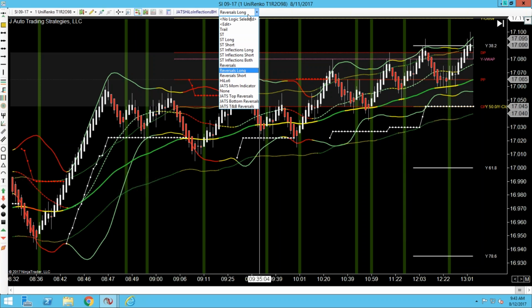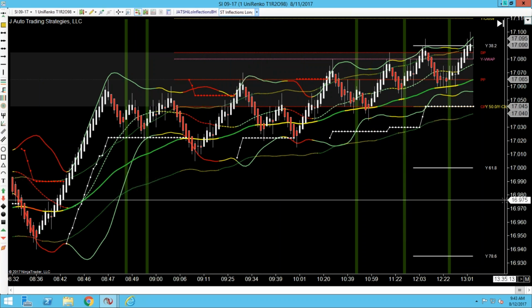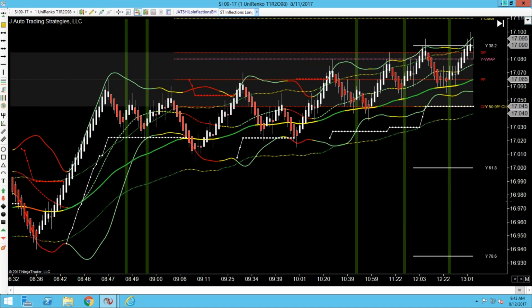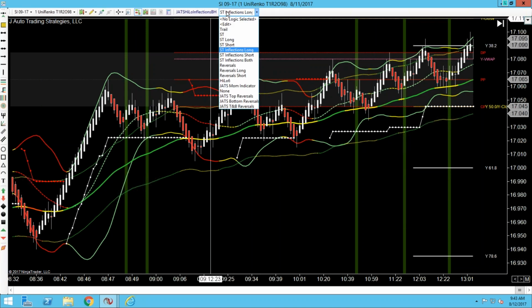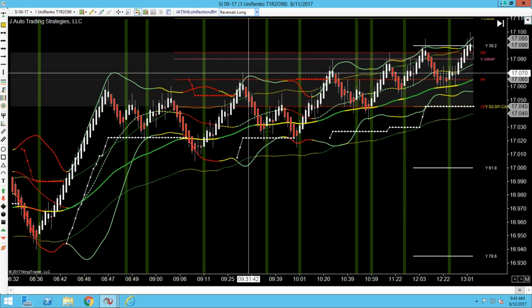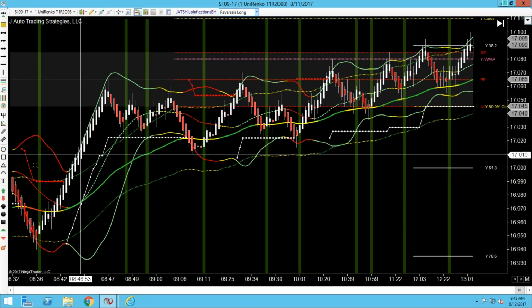Make for some good reversals or inflections. But especially the reversals. Anytime you can get a turn